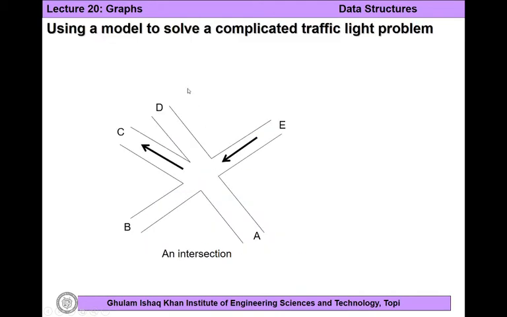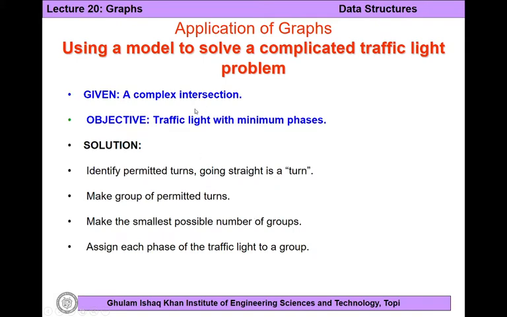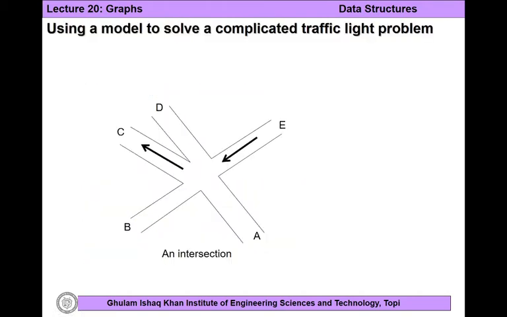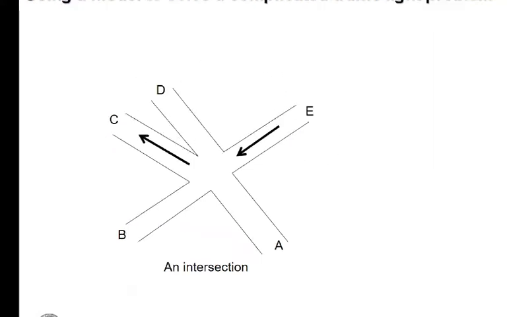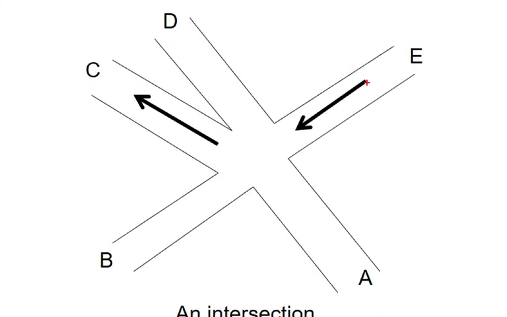And here by turn, it's not only that going from A to B is a turn; going straight, like from A to D, or coming from D to E, is also treated as a turn, right? Now, how will we transform this problem into the graph representation? What we will do is that we will first of all list all the possible permitted or preemptive turns. For example, when you see this road map, these arrows on road E and road C indicate that these roads